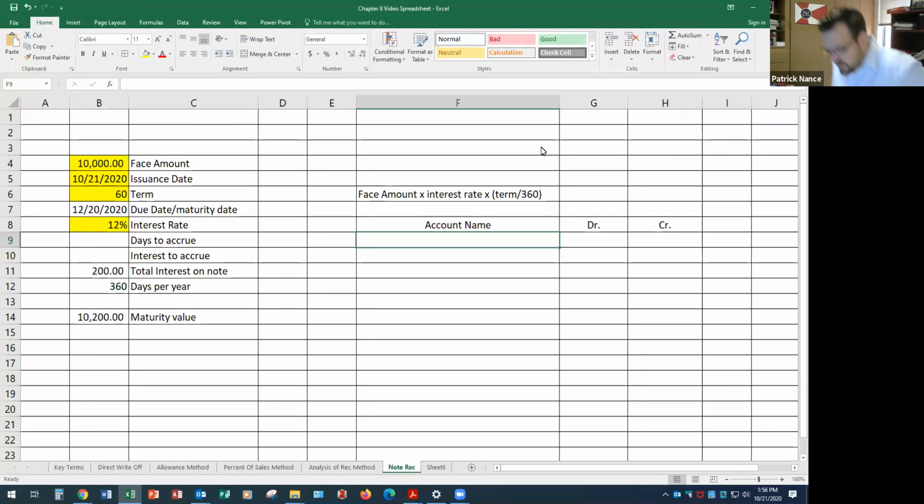Okay, so in the last video, we talked about how to figure out the interest on a note. Now we're going to talk about how to record it, specifically if a note is issued to basically offer customers a little more time to pay, but also charge them some interest. So an example, it's page 396, but it says that